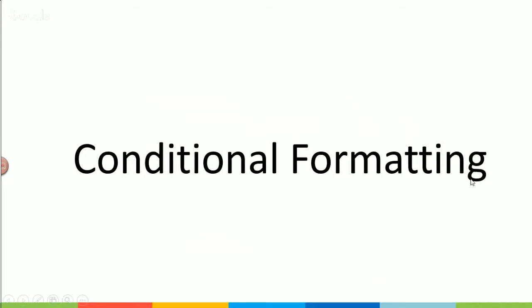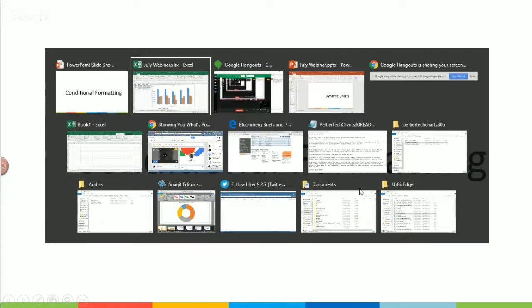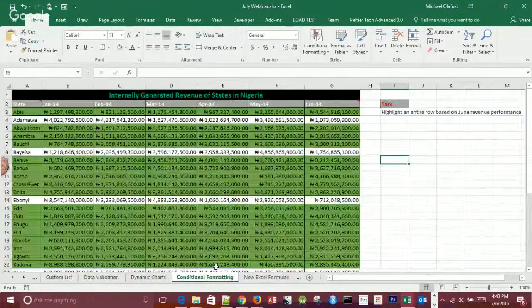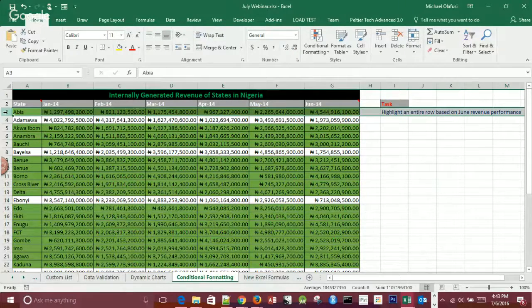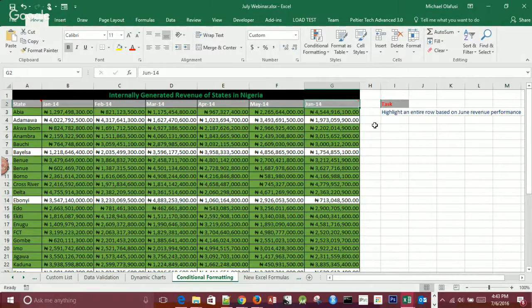Next is conditional formatting. Okay, conditional formatting. I have a task for this. So let's say I want to highlight an entire row. A row is for a whole state. This is internally generated revenue of all the states in Nigeria, right? So maybe we're analyzing for June, this last month. And so we have this condition that there's a target,